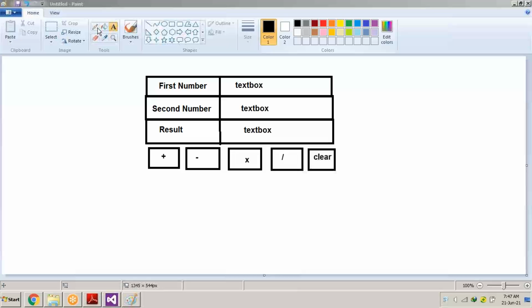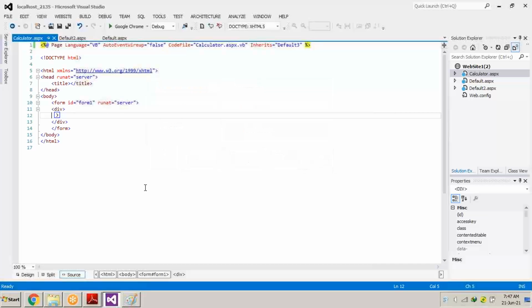I open the calculator. You can see, just remember, this is where the form tag started and this is where the form tag ended. By default we start with a table. You can just create a table.